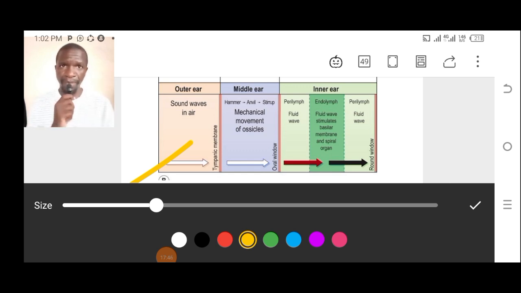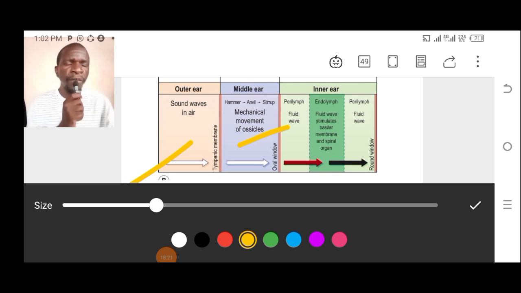Now, those sound waves, when they reach the middle ear, these are the developments that are going to happen. In the middle ear, the question is, what do we have that is going to amplify or increase the sound waves in terms of their intensity? It's because of the mechanical movement of the three auditory ossicles. These are the three bones that increase and amplify the sound waves. We've got the malleus. It's called the malleus because it looks like a hammer. We've got the incus. We also have the